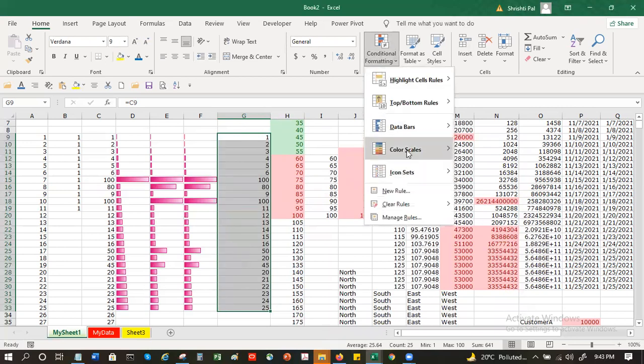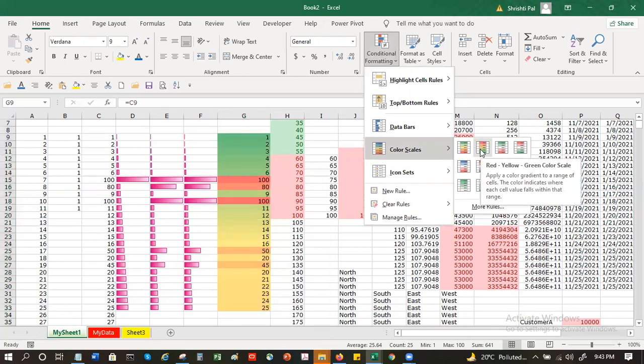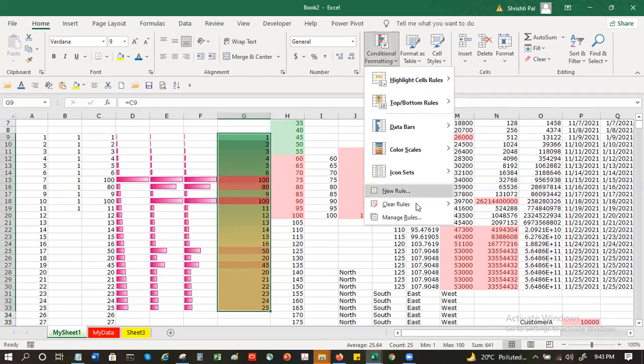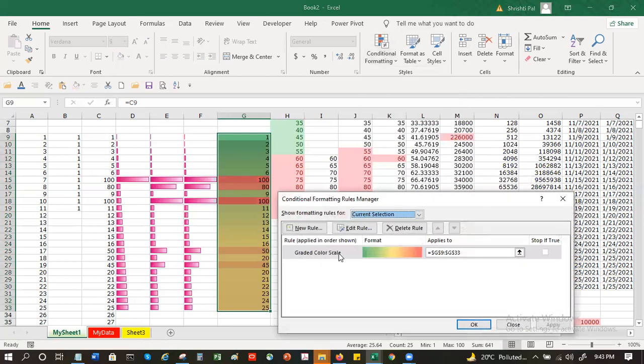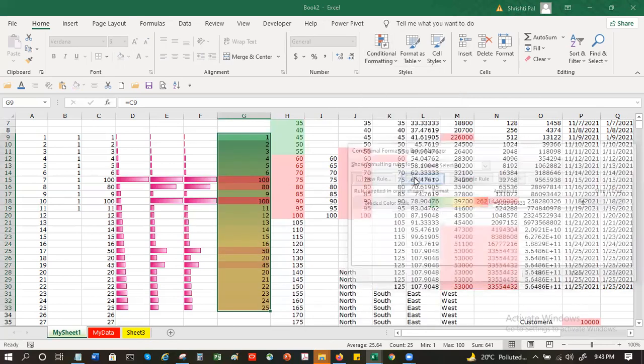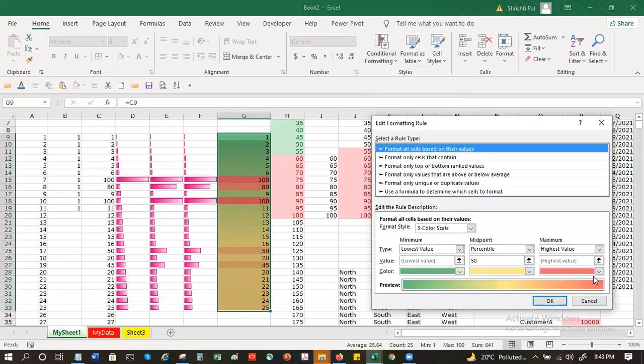Okay. Now, in place of this graph, suppose I change this graph. I want a different style. It's called color scales. You might have seen those heat maps, or the weather charts in the winter or summer months, they show different shades of color, right? Very hot is deep red, maybe red or orange. So like that, you can have something like this. If I go back to the color scale, I have edit rule and I have three bands here: minimum, midpoint, maximum. Starts from green, moves to yellow, and then to orange or red.